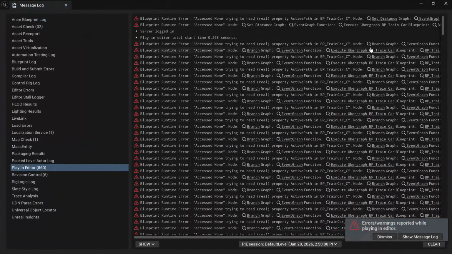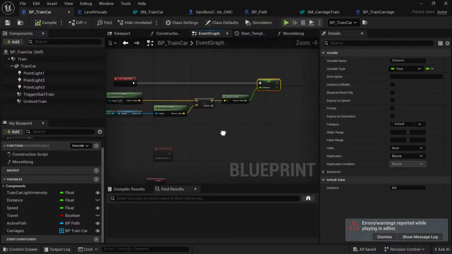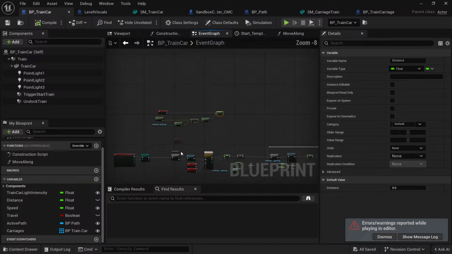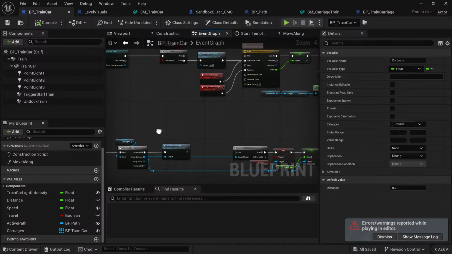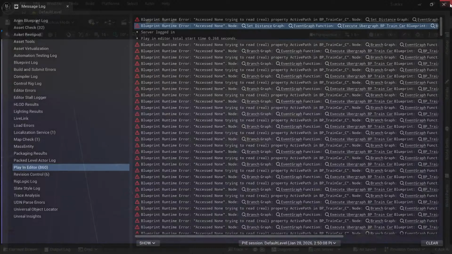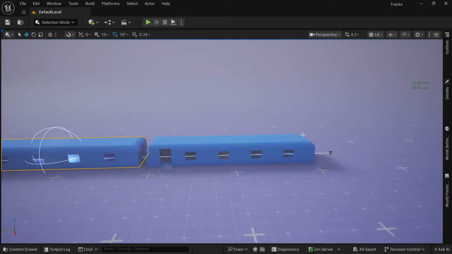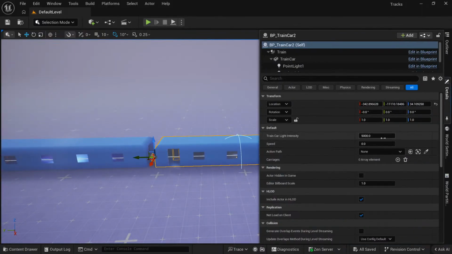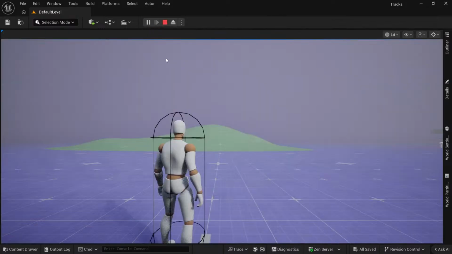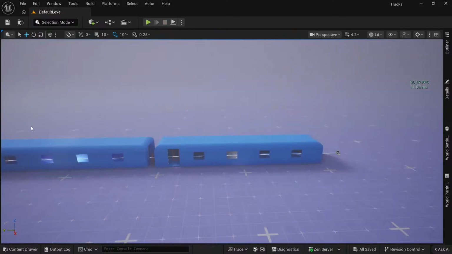And I forgot to change the collision on that. Oh, also, did I not set the path? Right. Okay. So I forgot to,